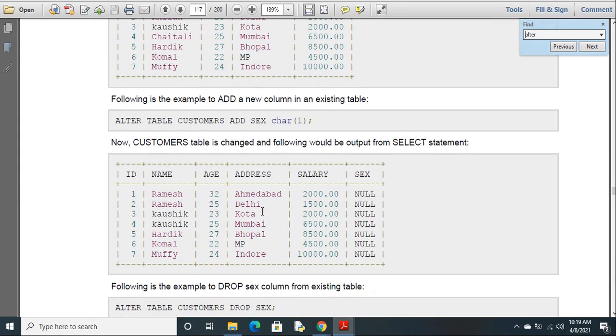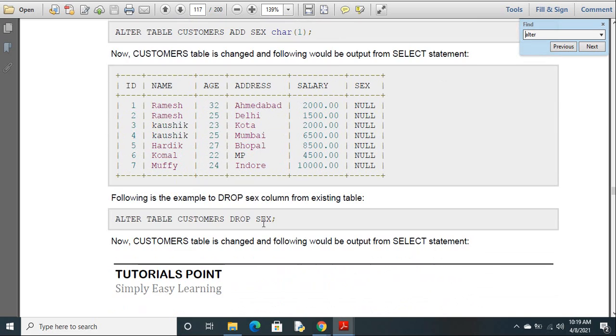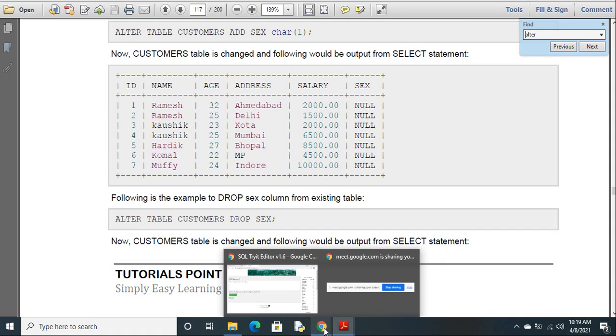Add a new column. Okay. Drop column. Alter table name, drop column name.